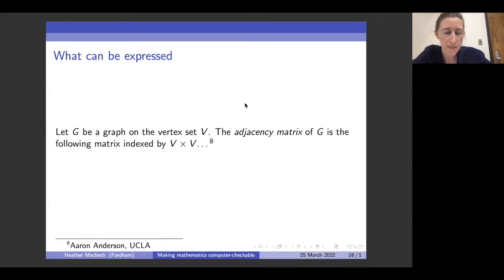You can say, let G be a graph on the vertex set V, and then take the adjacency matrix of G as a matrix on V cross V. So this illustrates a point which perhaps might initially seem like a drawback of the computer formulation, namely that in Lean, you have to select for a matrix an index set for each of the dimensions. It's not automatically the set 1 to n, the way that we might implicitly take it to be